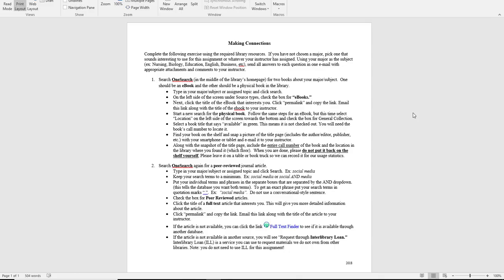Anytime you need to find materials or sources of an academic or scholarly nature, using the library is your best bet. This Making Connections assignment is designed to give you a very basic introduction to one of our largest databases called OneSearch. OneSearch may be the only database that you really need throughout your undergraduate career. In any case, let's start talking about this database so that you can successfully complete this assignment and navigate the